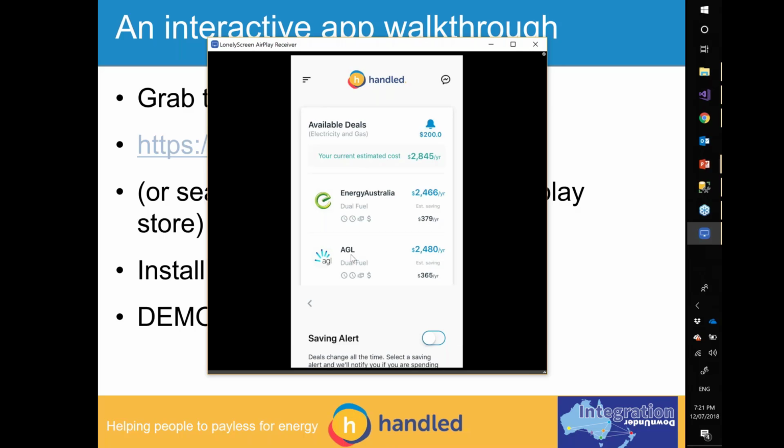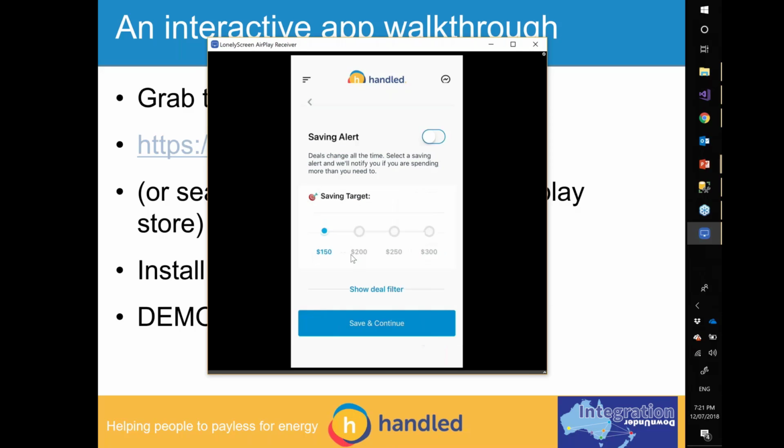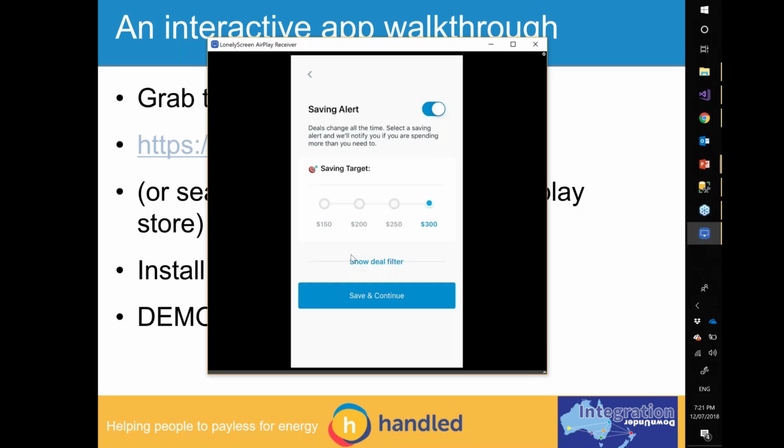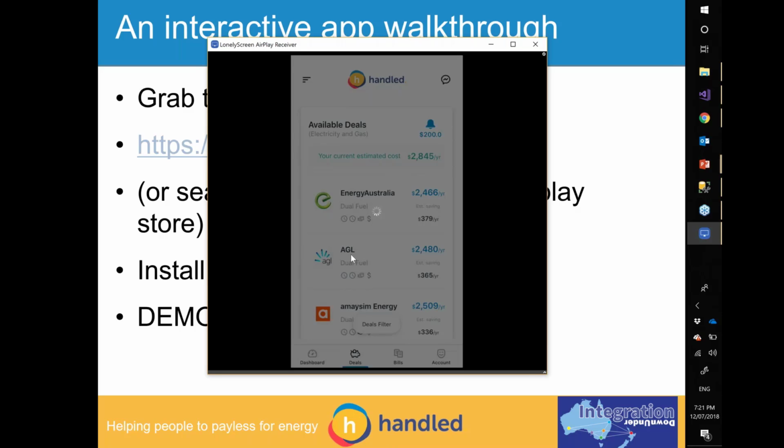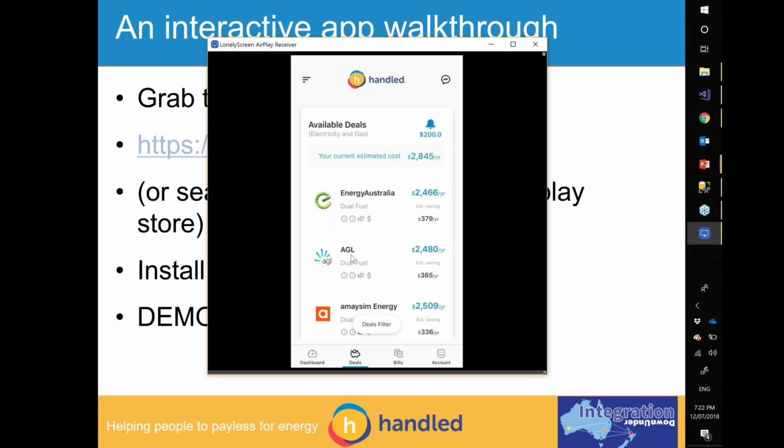I can also set an alert that says, let me know when I can save $300, because that would be awesome, rather than me having to come and look in here again. This came about because of my mobile phone company, which does that exact thing. I ring them very seldom, and essentially they say,